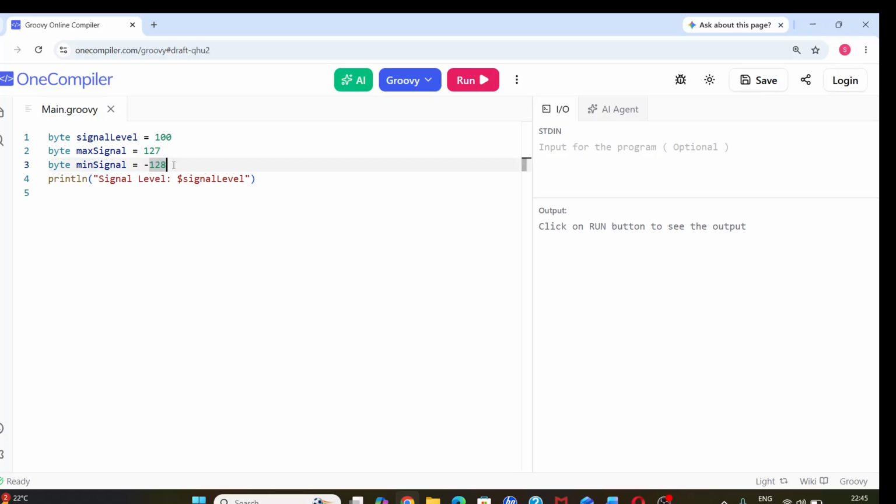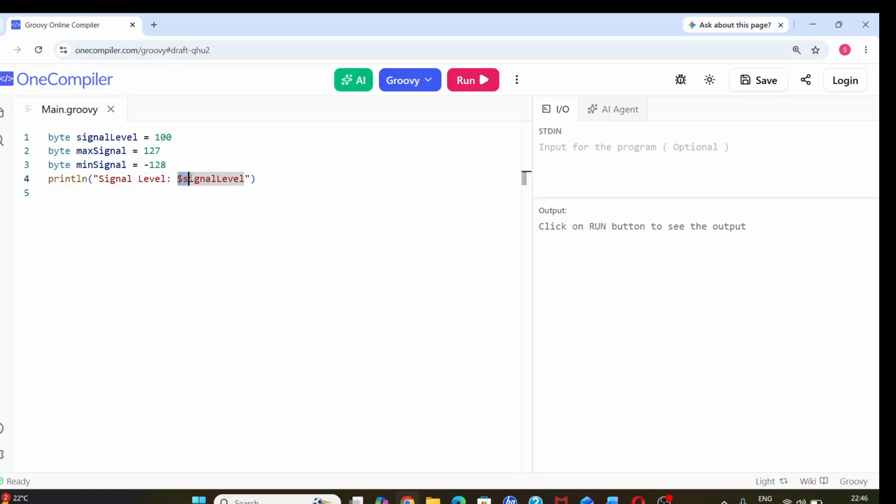So finally we have the statement here, println signal level: dollar signal level. The keyword println means print a line; it displays output on the console. Inside the brackets we have the string signal level: dollar signal level. The dollar sign, yes, this one,